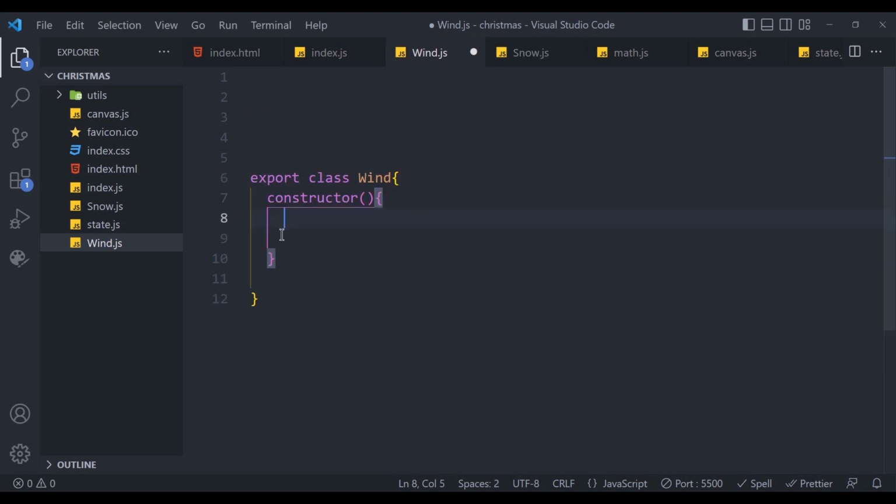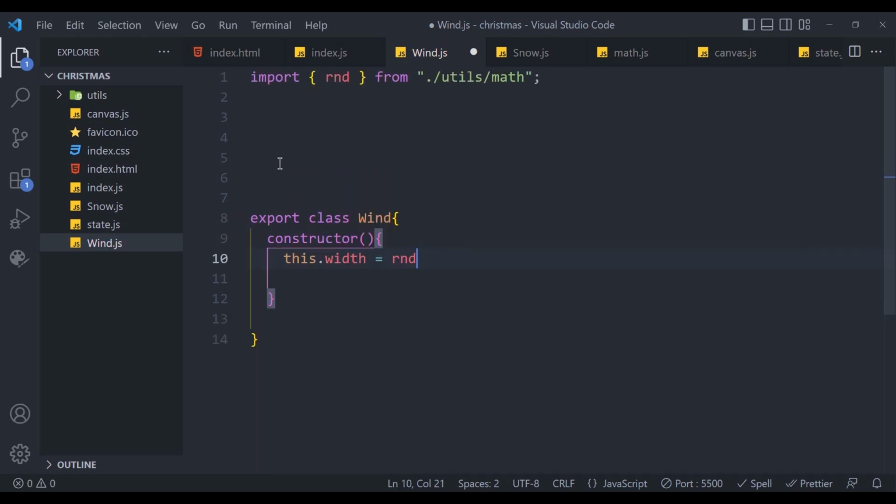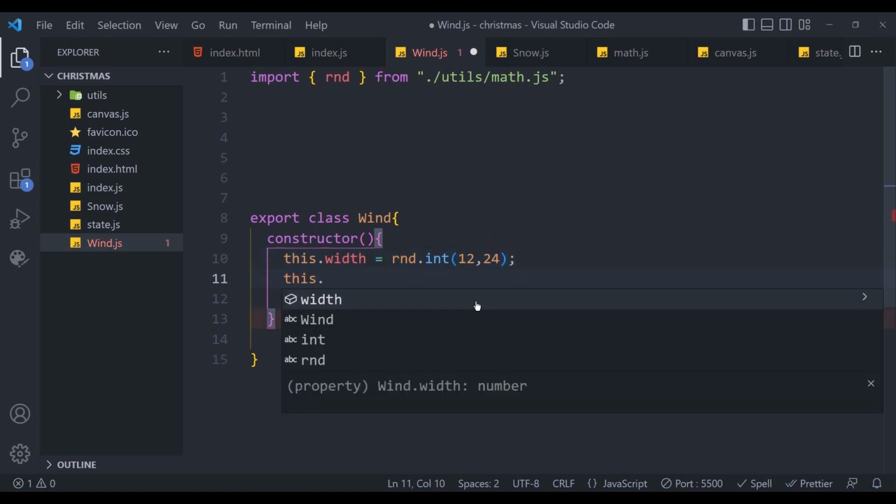Our wind class is gonna have a width, so it's gonna be this.width, and it's gonna be random, and don't forget the extension .js here, otherwise we're gonna get an error. So random integer between, let's say, 12 to 24 for now,